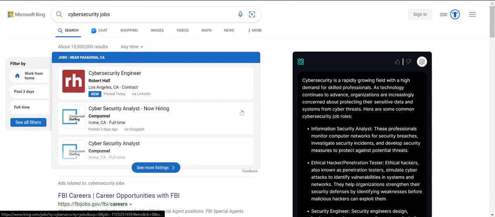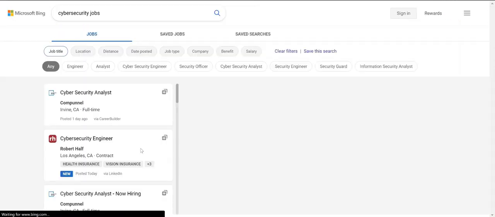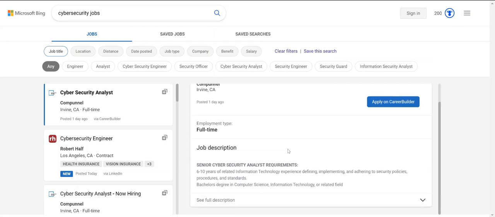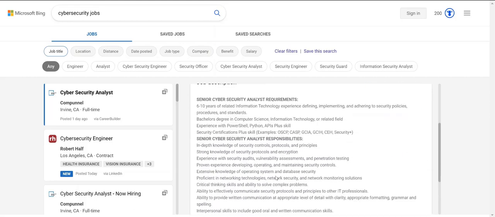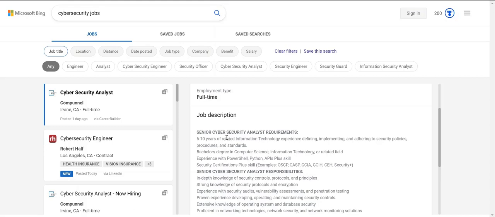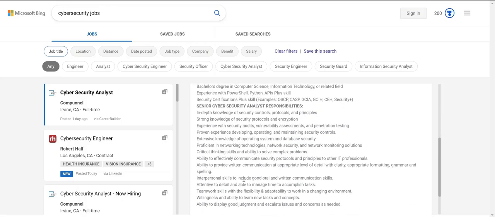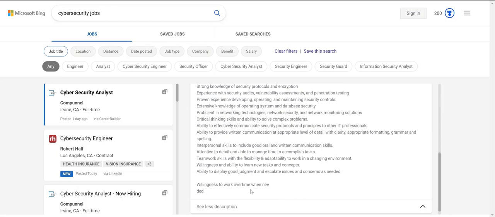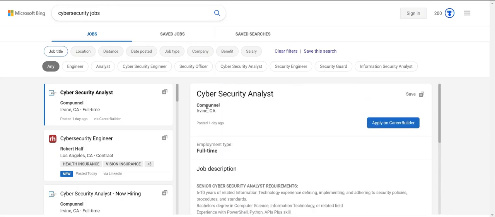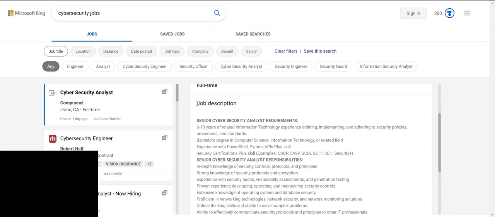which is good. All right, so what we're going to do today is we're going to find a job opening. Let's go over here with cybersecurity analyst. All right, this was posted a day ago. They want full-time, and then we're going to click see full description. All right, job description: senior cybersecurity analyst, requirements 6 to 10 years of related information technology experience, blah, blah, blah, blah, blah. Willingness to work overtime when needed. Okay, so from this right here,